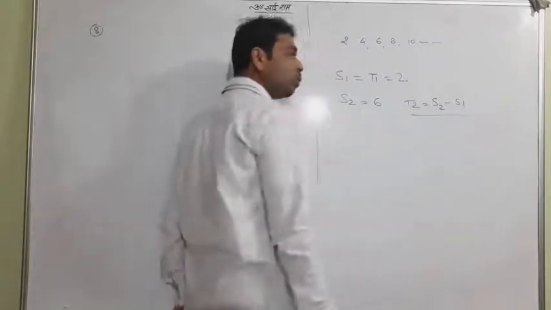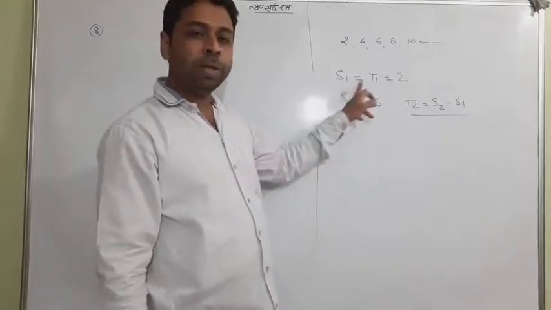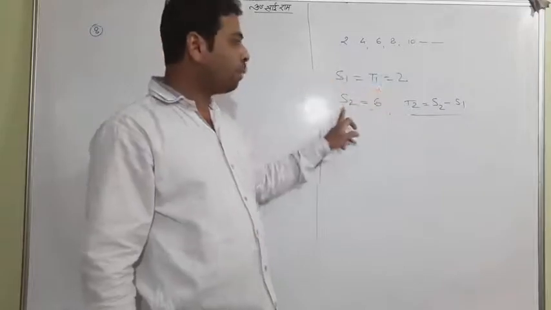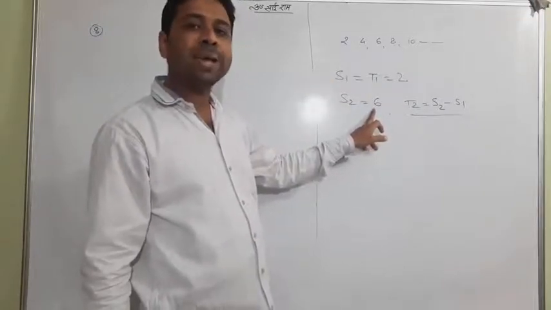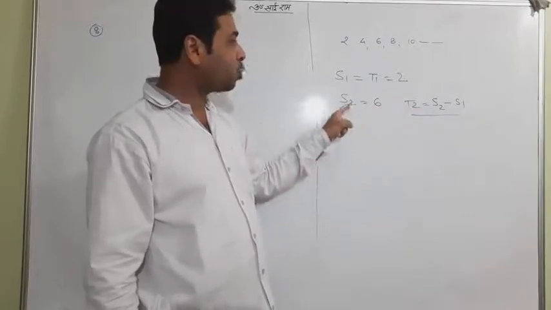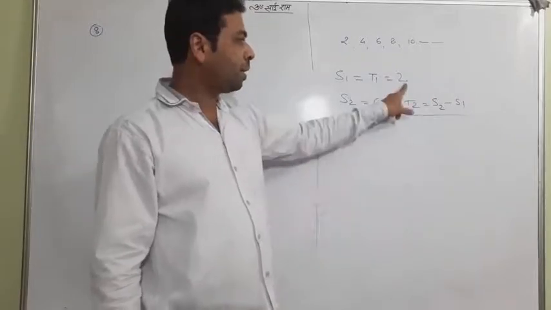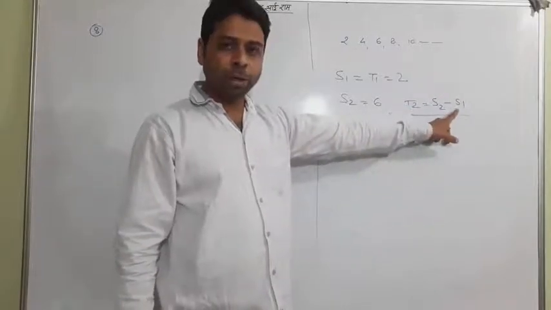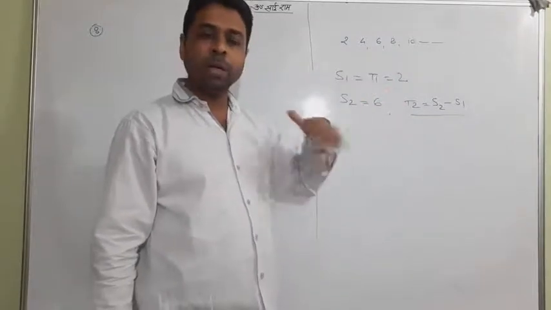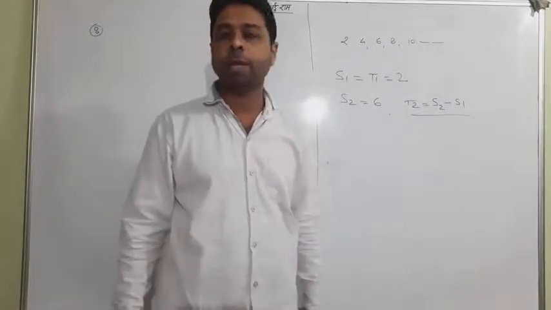So keep this very simple thing in mind. Again I say, S1 means T1. Sum of one term and first term are the same. But when you find the sum of two terms, that will not be exactly the second term. If you want to find the second term, you will subtract S2 minus S1 and get the second term. First term you have here, second term you will get from here. Easily you can get d by subtracting T2 minus T1. You know it. You will have a, you will have d. Whatever is asked in the questions, definitely you can answer it easily.